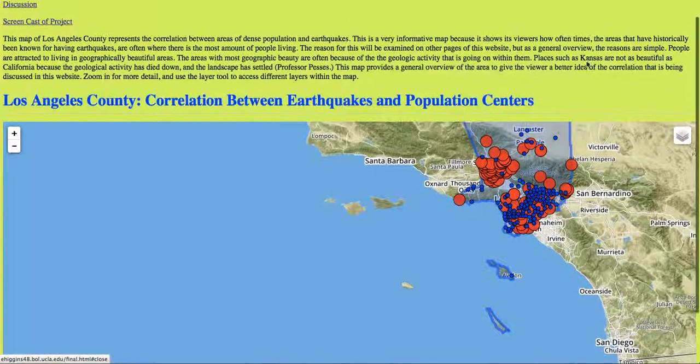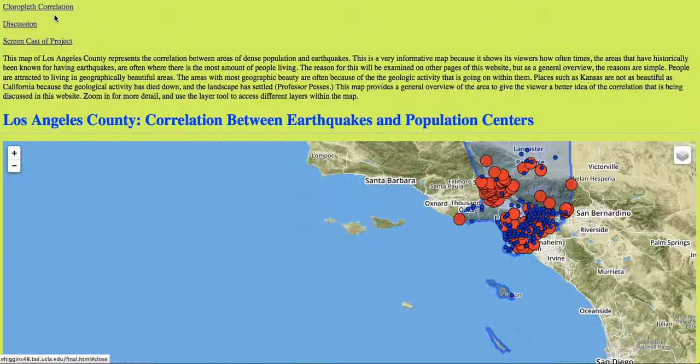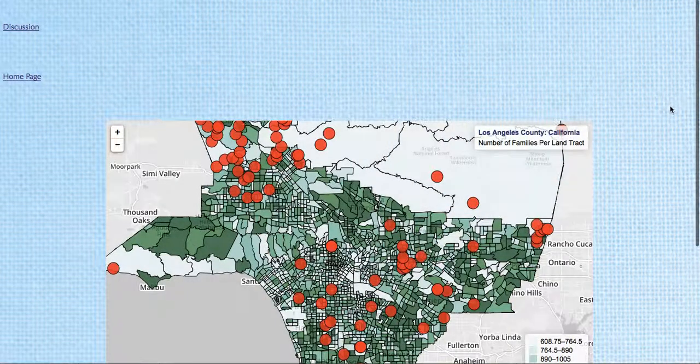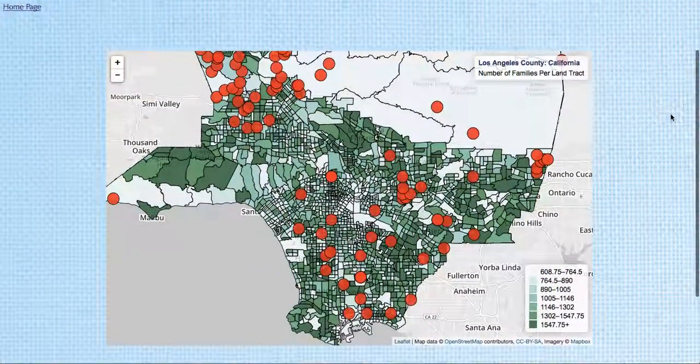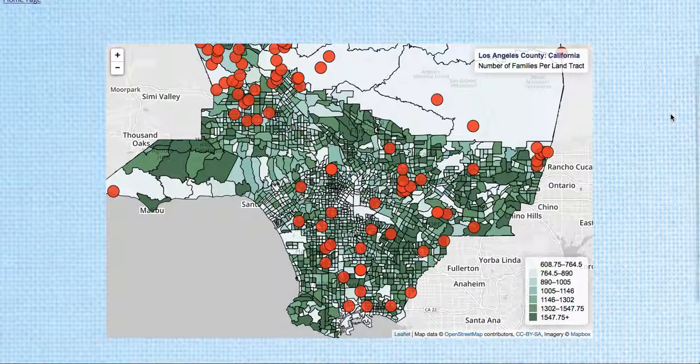look into more carefully. So the next page I created was choropleth correlation, and when this page loads, we can see the land tracts and the families that live in each land tract over the historic earthquakes that have occurred in those areas. So for example, we'll take this one. When you hover your mouse over this area, you can see that there are 1,785 families living in this area. And when you click on the red dot, you can see that in 1976, an earthquake magnitude of 4.3 occurred